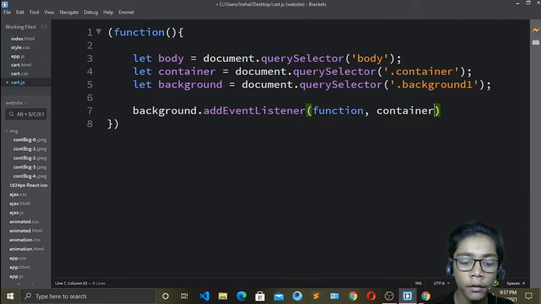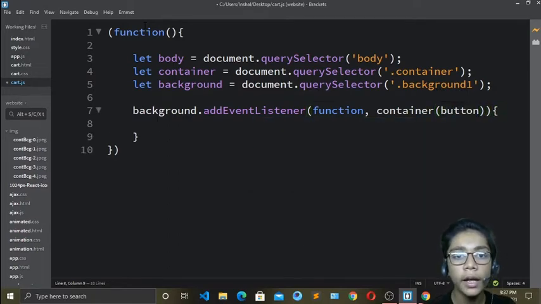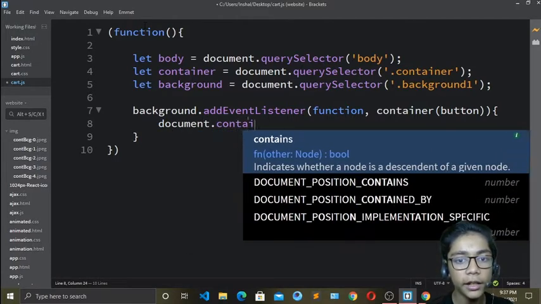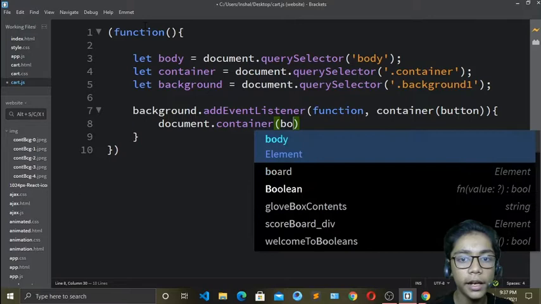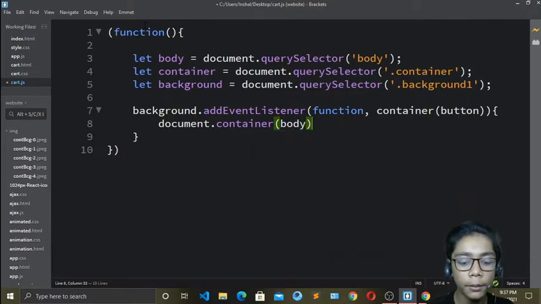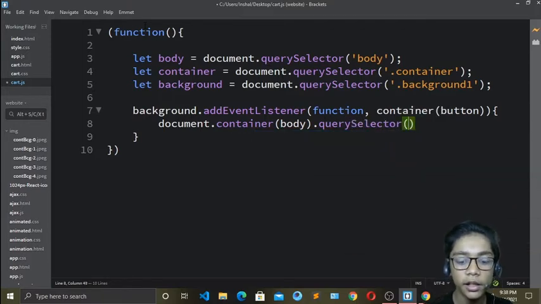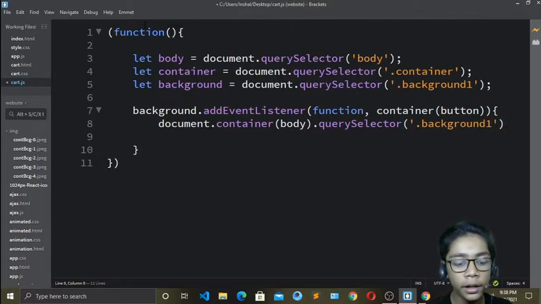Okay, so now when you've done all these, come over here and I will write my document tag. Write .container tag, and with the help of that, in the end I will write my body, because I have to define my body tag. When you have done all these, write over here querySelector. Okay, so now underneath that, write .background one only. Okay, so now when you have done that, come over here and write let, and write background.